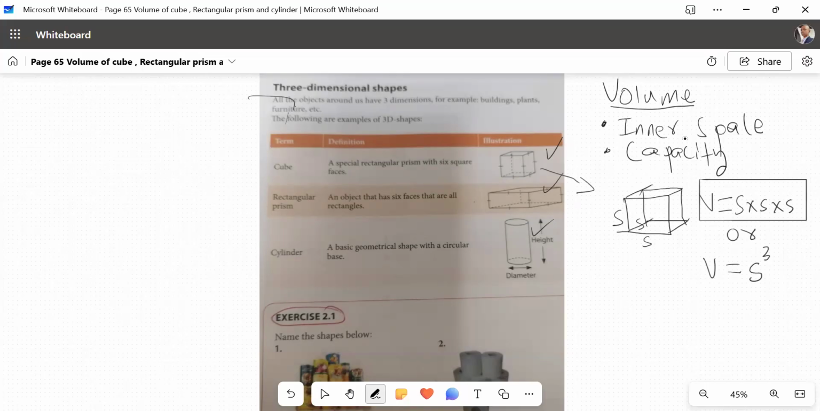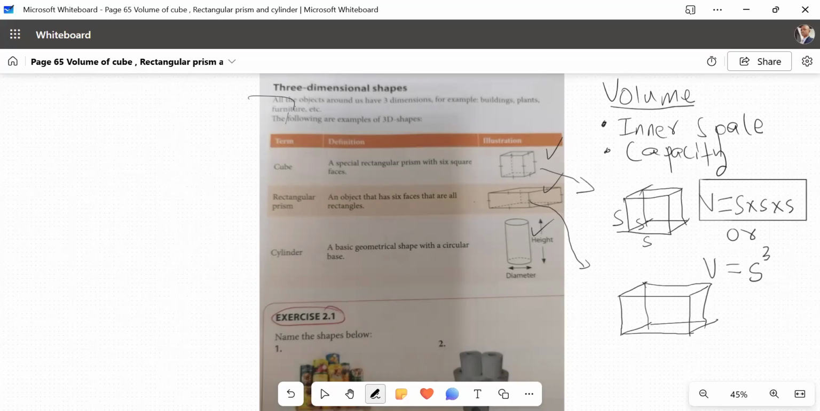We have another shape sitting here, which is a rectangular prism. And we'll draw this rectangular prism here. I'm going to take 6 rectangles and I'm going to combine them to create a rectangular prism. So now,